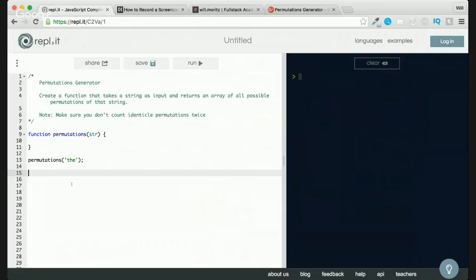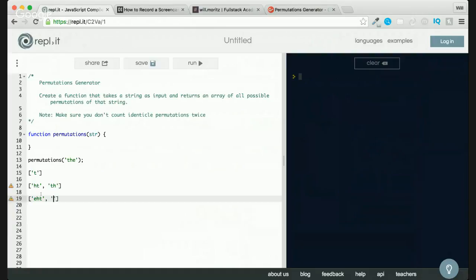So here's going to be our strategy. It's going to have to happen in stages. So if our word is THE, we're going to start with an array with just one letter. Then the next step is we take that one letter and we add the next letter to both sides of it. And then we keep doing that until, so now the E goes first, then the E goes,